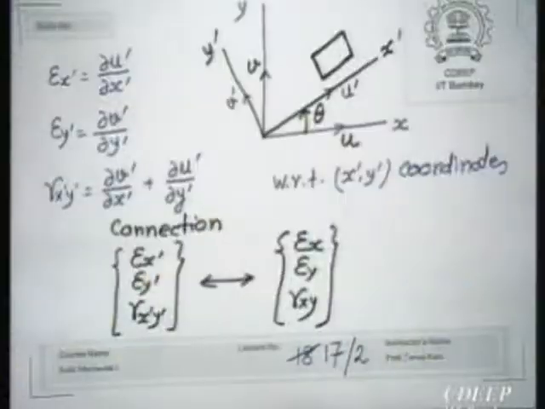So, now continuity and compatibility. The word compatibility I have also used in my discussion. What is compatible deformation? That means a body which is continuous initially deforms after the application of load in a compatible manner. So, compatible means consistent with the boundary conditions, it deforms without creating any voids anywhere. Okay. So, how will you establish this connection? Now, this is the task today, that is, establish the connection between the two sets.